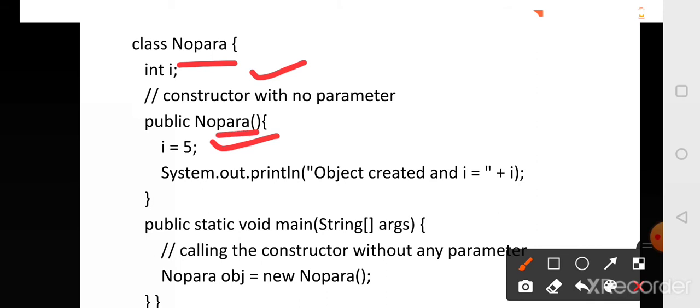And you can see here, this constructor is not having any parameter. Hence, this constructor is called a no parameterized constructor. While calling this constructor within the main method, you will not pass any input to this constructor. Such constructors we call no parameter constructors.